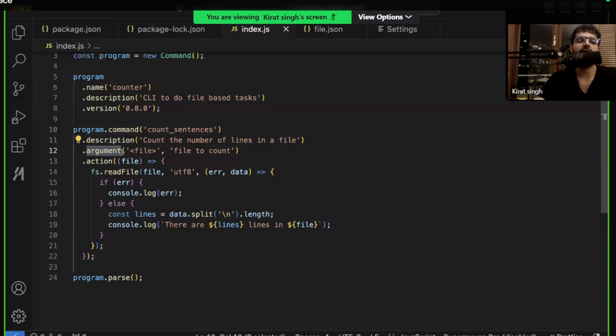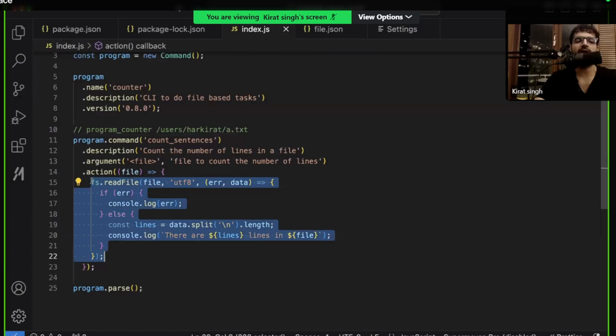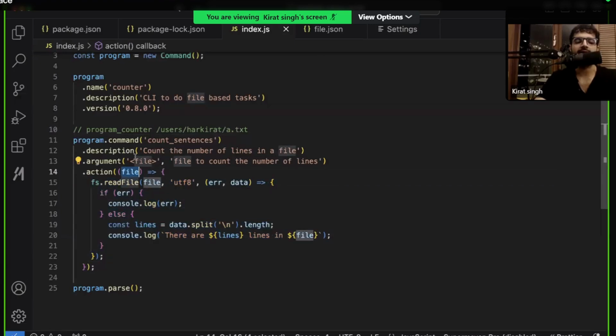It says I have an argument called file, which is the file where I want to count the number of lines, and the action. What happens when this CLI is called by the user, for example by running the program's counter with /users/Harkirat/a.txt? Control will reach here. The file will come as the first argument over here. The first argument that the user gives comes as the argument over here.